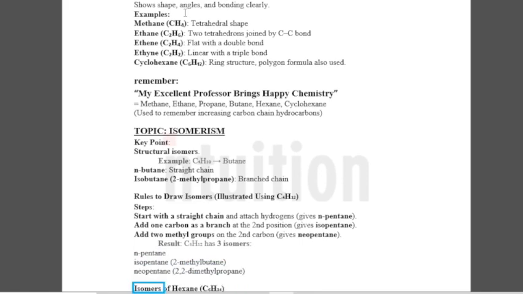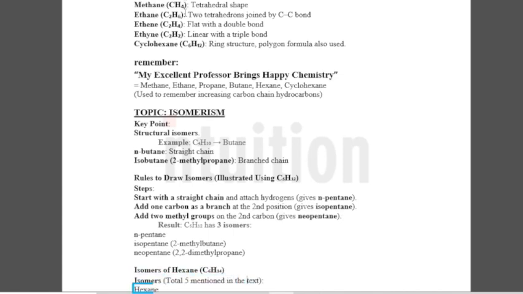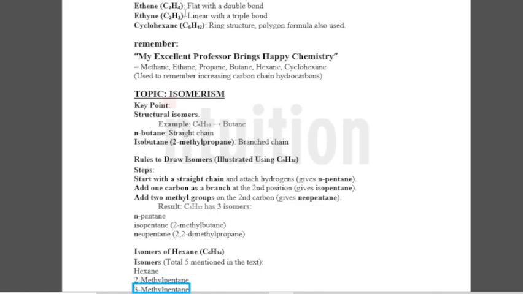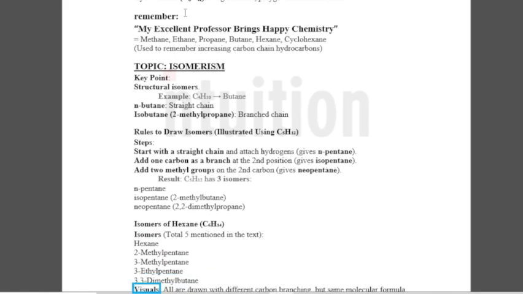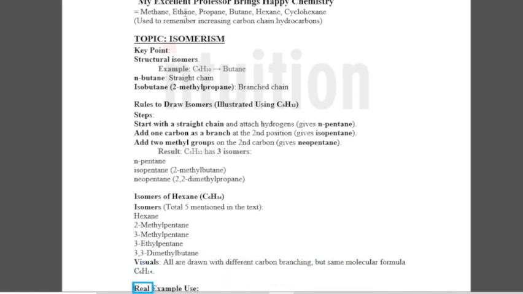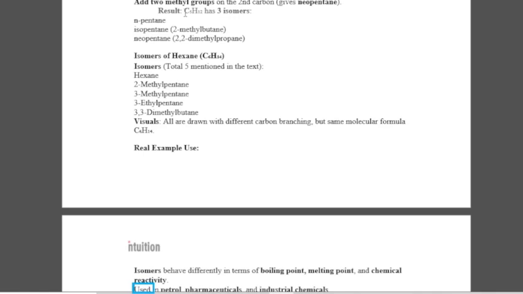2,2-dimethylpropane. Isomers of hexane, C6H14. Total 5 isomers: hexane, 2-methylpentane, 3-methylpentane, 3-ethylpentane, 3,3-dimethylbutane. Visuals: all are drawn with different carbon branching but the same molecular formula C6H14. Real example use: isomers behave differently in terms of boiling point, melting point, and chemical reactivity. Used in petrol,